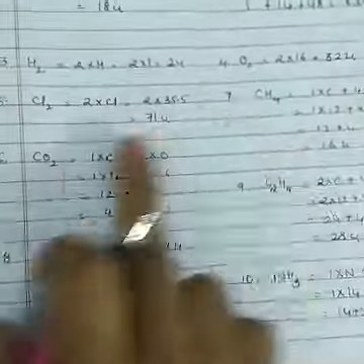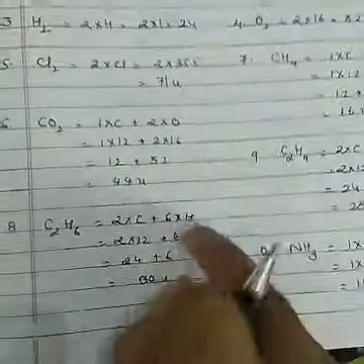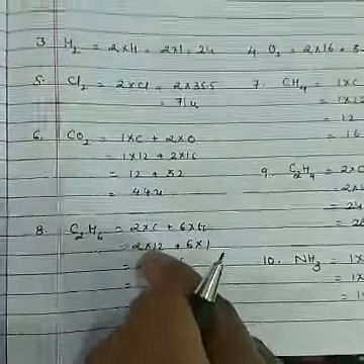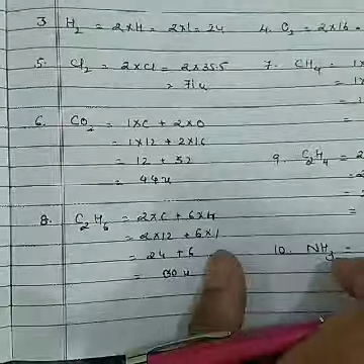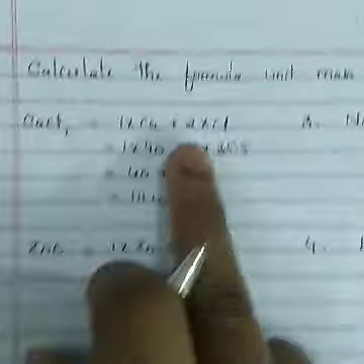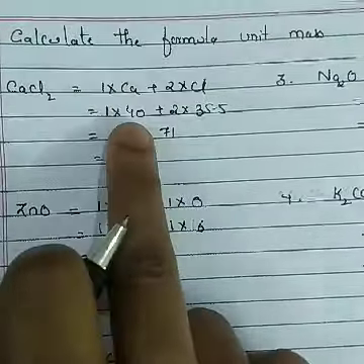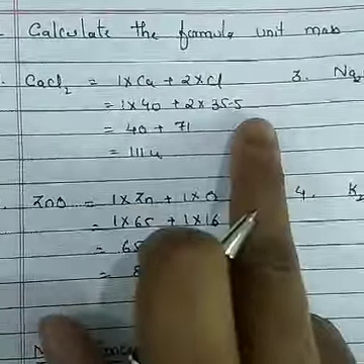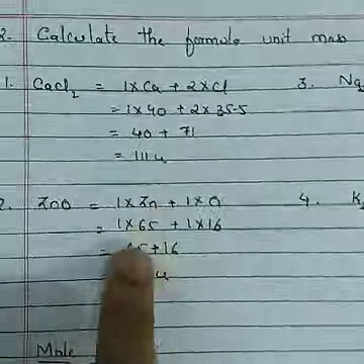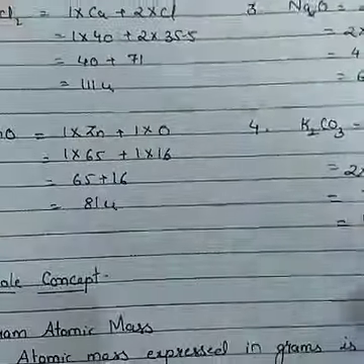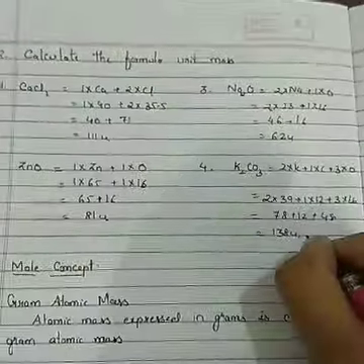Similarly, you can calculate the molecular mass of each and every compound. HNO3 I have done here. Hydrogen, oxygen, methane, chlorine, try to find out these. Learn the atomic masses, just write the atomic masses in place of the atoms, then add up and you will get the answer. Similarly, formula unit mass is also calculated in the same way, like calcium chloride, 1 calcium atom plus 2 chlorine atoms. Atomic mass of calcium is 40 and chlorine is 35.5. Multiply it, add it, and you will get the answer. So till here I am going to end my session. Thank you.